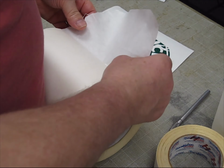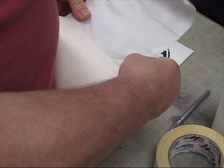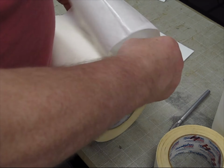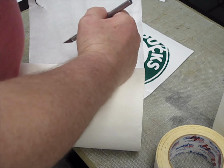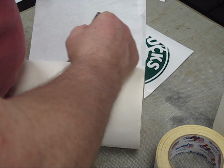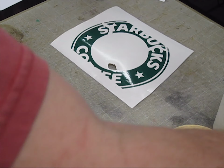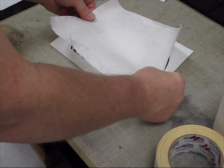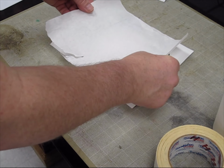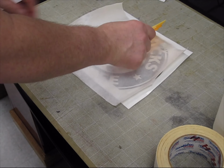This tape is semi-sticky. So I have a piece that's big enough to cover up our initial sticker, and I'm going to cut it off with our X-Acto knife so it doesn't tear. And what I'm going to do is lay this on our graphic in the middle, and we're going to use our squeegee. Now drop it down the middle,